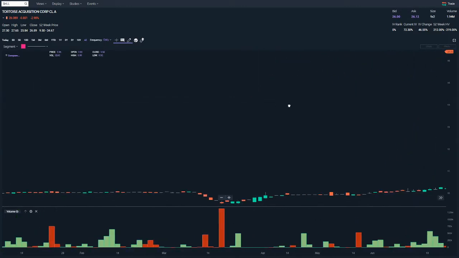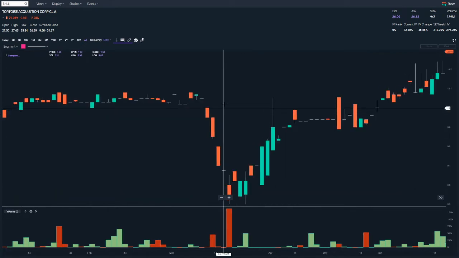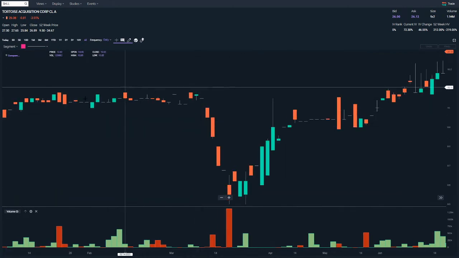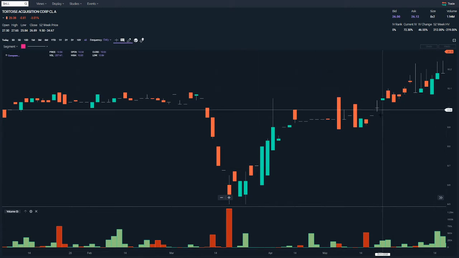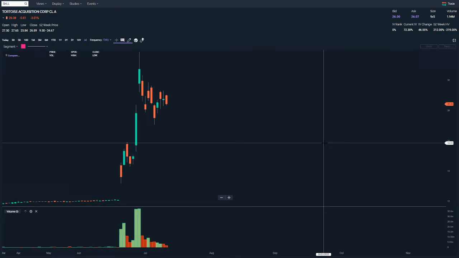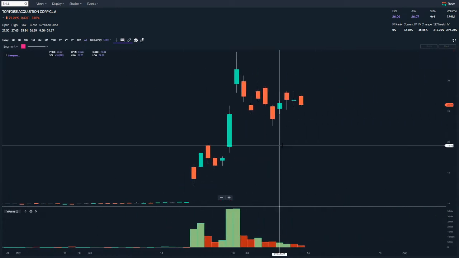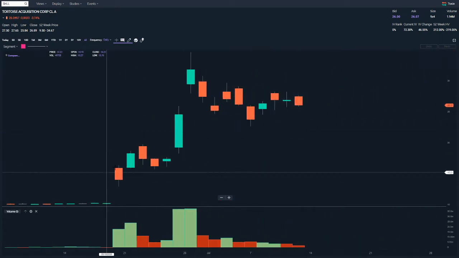Sorry, I'm just trying to exclude that bit so we can see. So it wasn't a very liquid stock prior to the run-up, and then something happened here. Lots of volume. But still, we don't have a long history of this sort of